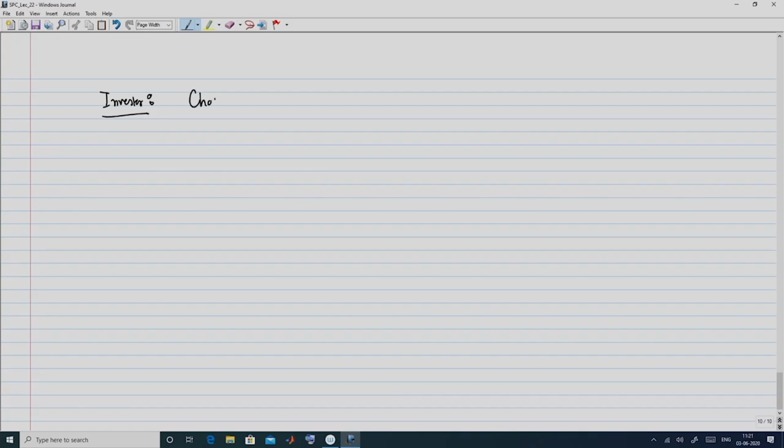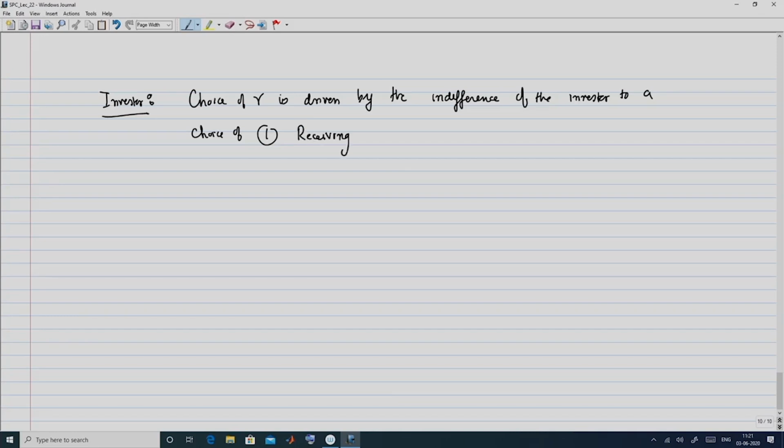So, that means in this case the choice of gamma is driven by the indifference of the investor to a choice of either receiving an amount of 100 for sure or